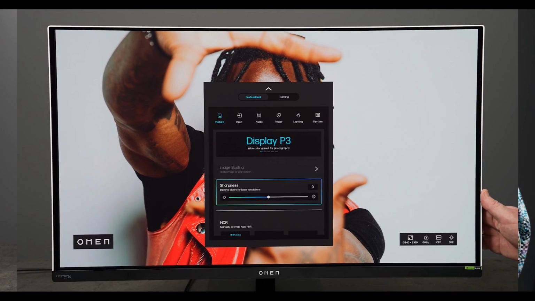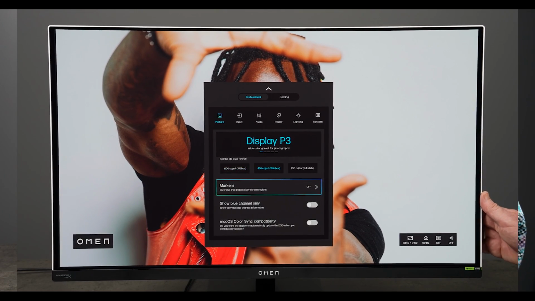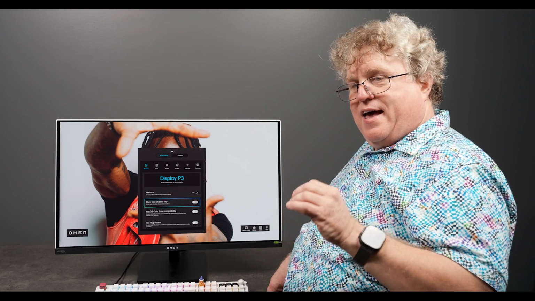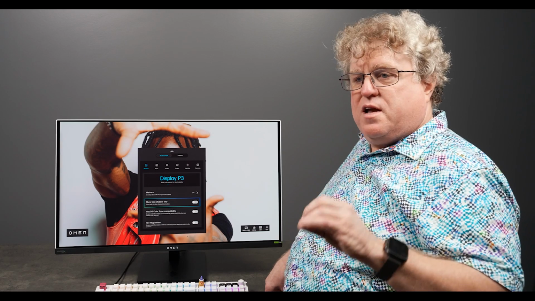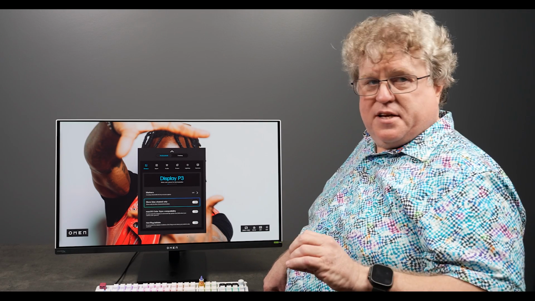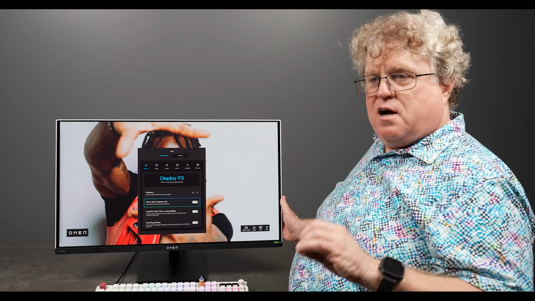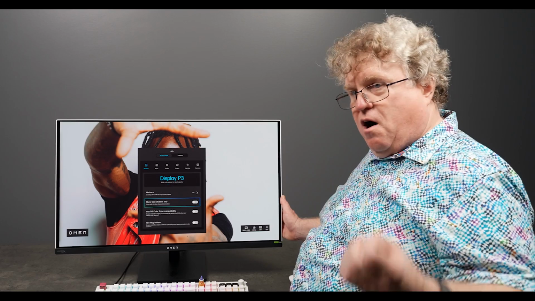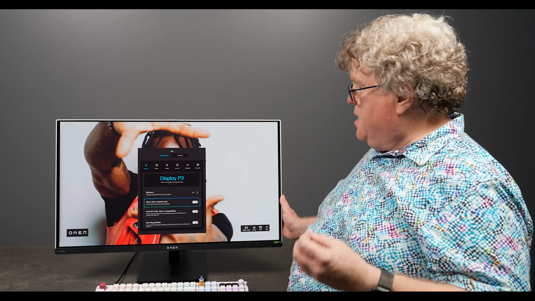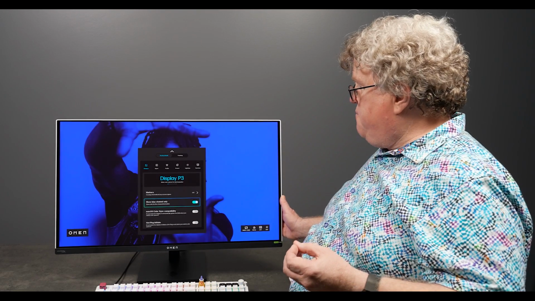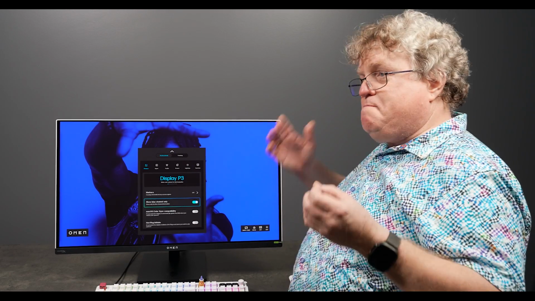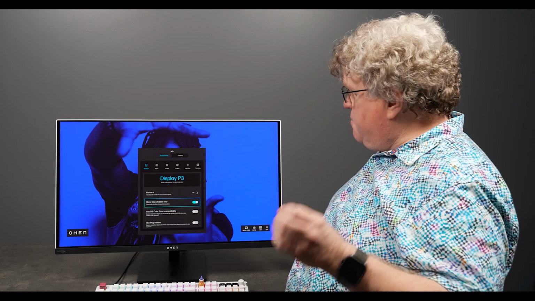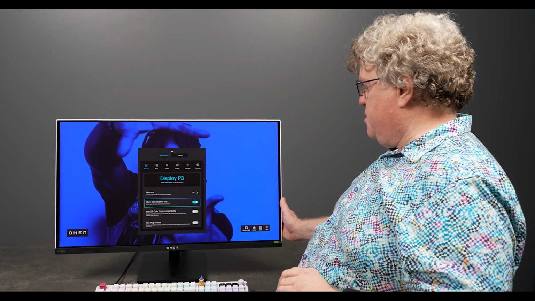The last one I want to talk about in the non-HDR options is Show Blue Channel Only. Show Blue Channel Only is for QC, and it's especially important if you are going to be working with highly compressed content. Because when you really compress content, you need to make sure there's not excessive macro blocking appearing. And the rule of all of the major modern compression algorithms is that blue is compressed the most. Therefore, by switching to the blue channel and playing back your compressed content, QC can check for excessive macro blocking. Very, very useful tool in certain post-production workflows.